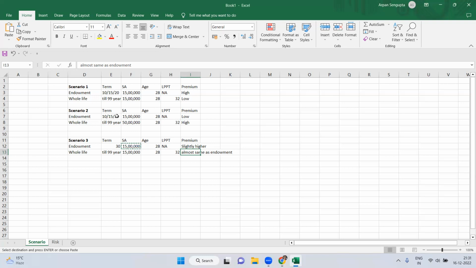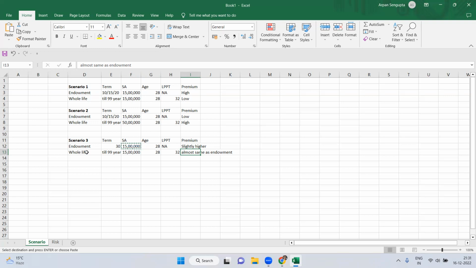Irrespective of investment risk being lower in whole life or the LPPT, because the sum assured is so high, the risk obviously increases. For an insurer, as compared to paying a sum assured of 15 lakhs, paying a sum assured of 50 lakhs is much more difficult. So that means the premium for endowment would be a lot lower as compared to whole life. That is because the sum assured is changing, so the risk level changes depending on the sum assured, and the premium changes. And then this LPPT factor, the reinvestment risk being lower in whole life, would not come into the picture.